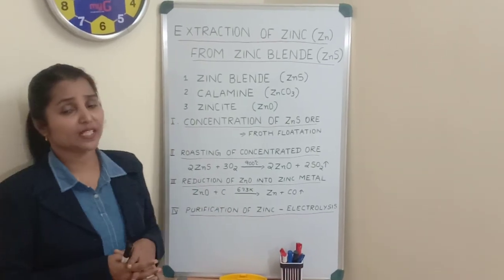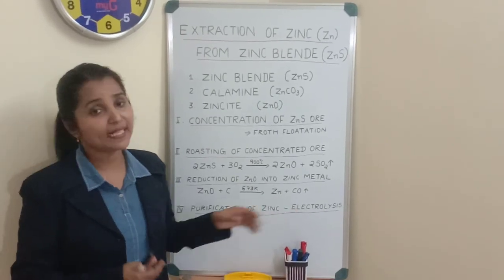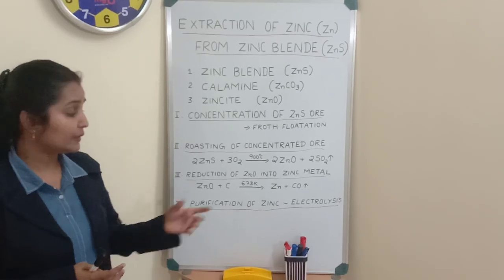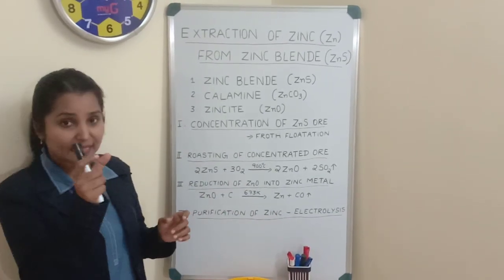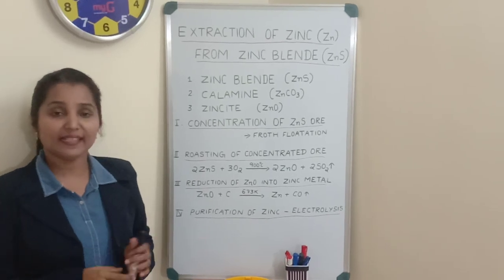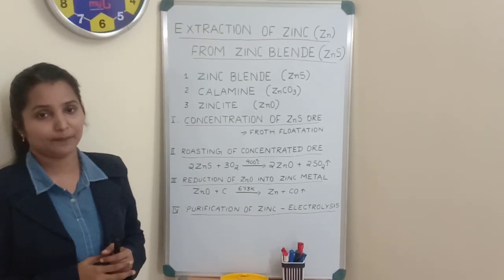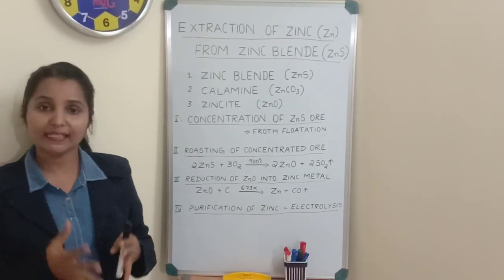In refining of zinc, the best method which we can choose is the process of electrolysis that we have already explained in the previous sessions. During electrolysis, the impure zinc will be taken at the anode and the cathode will be made of a fine strip of zinc. And the soluble salt of the same metal will be used as the electrolyte.